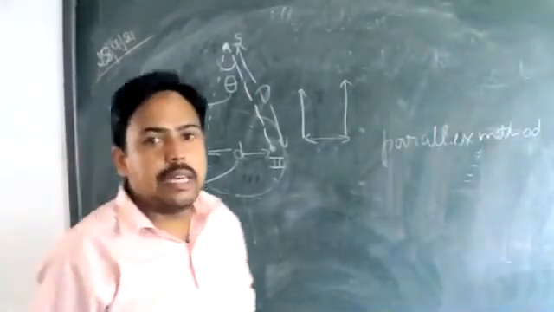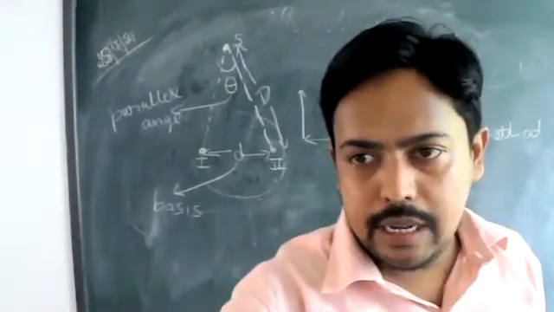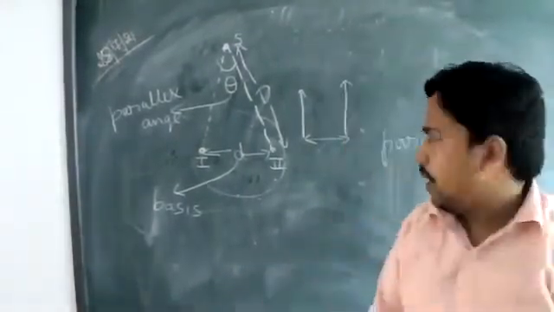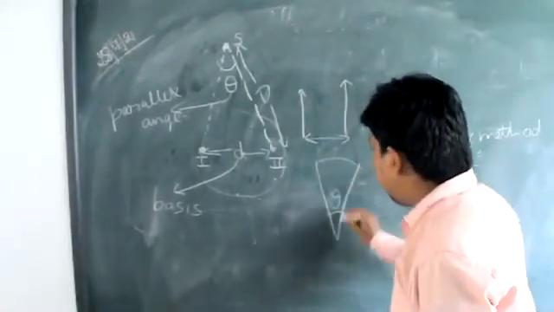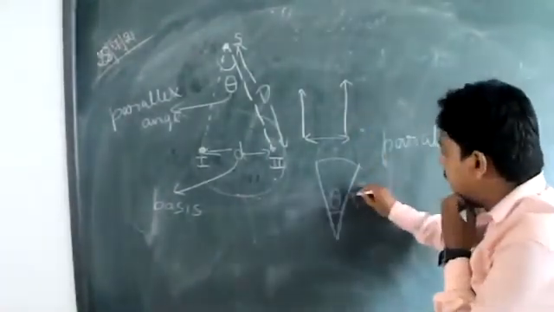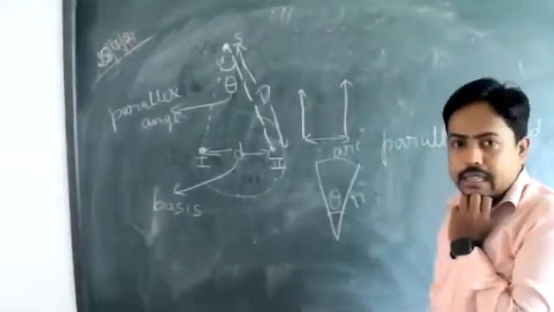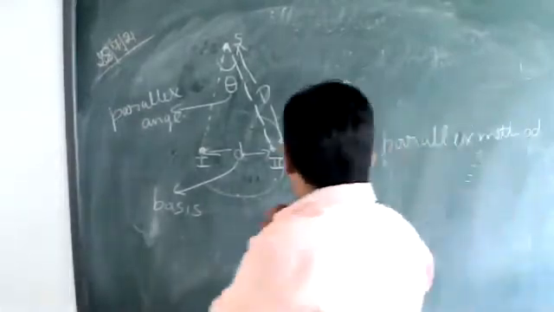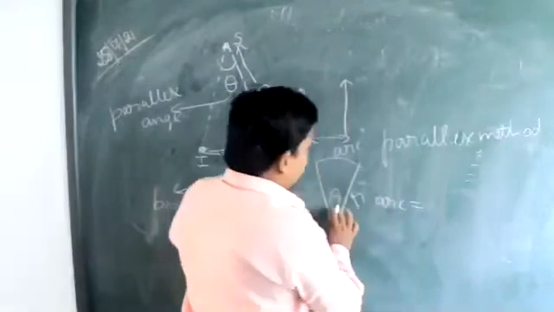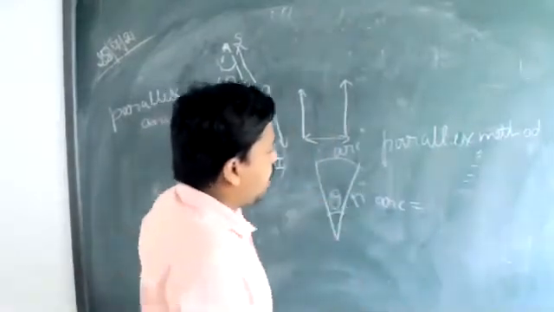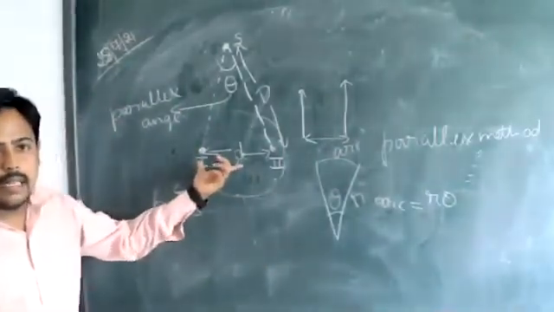You might have seen the relation between the arc of the circle, the radius of the circle, and the angle. Okay, if there is a sector like this making an angle of theta, and this is the radius r, this is the arc, then what is the relation? From here we can write that arc is equal to r into theta. In the same way, we can analyze this also.